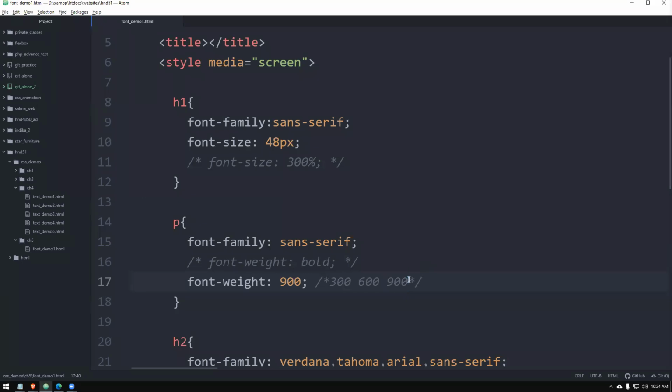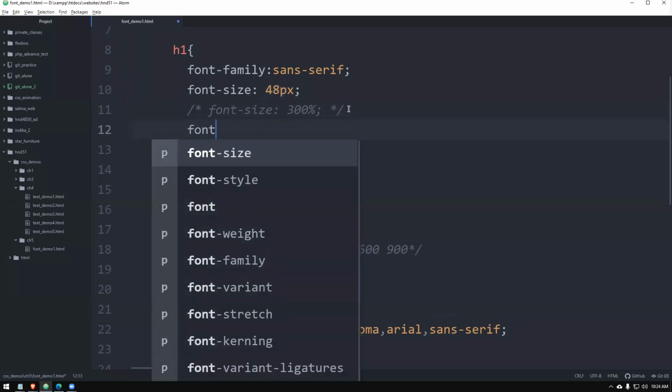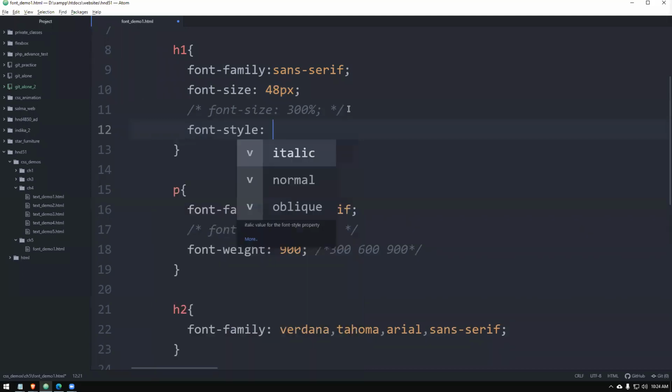Then what's going to happen next is we can make use of font family, size, and font weight, which we did. Font style we can do, children. For font style, there are two things I want to teach you.